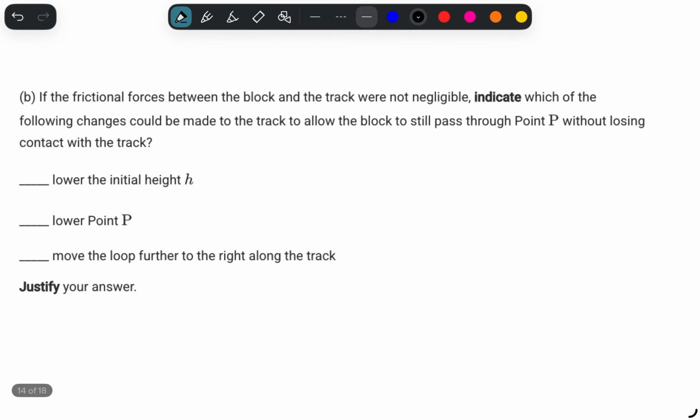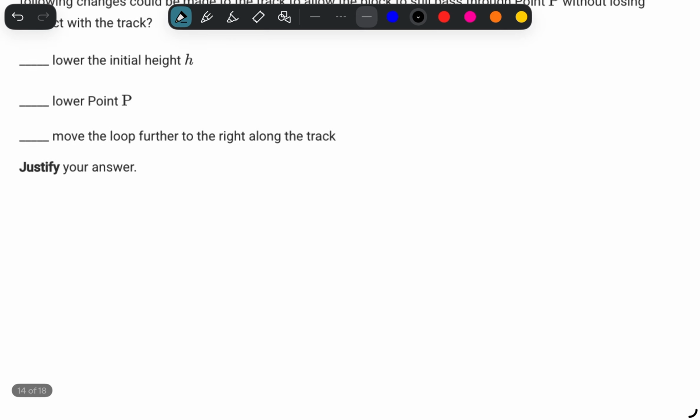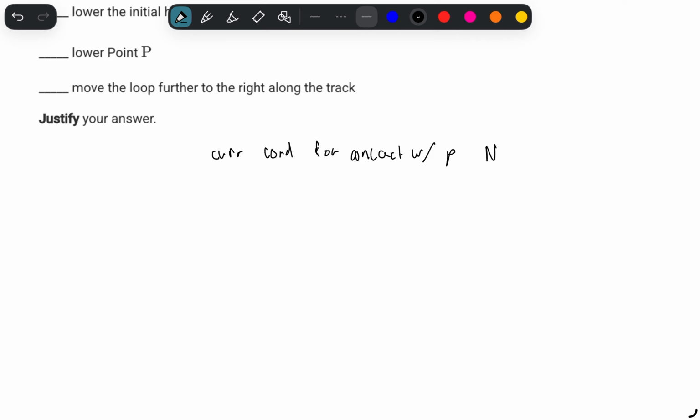If the frictional forces between the block and the track were not negligible, indicate which of the following changes could be made to the track to allow the block to still pass through point P without losing contact with the track. Well, right now the condition for contact with point P is that your normal force exists and is greater than 0. Now, if you have friction present,